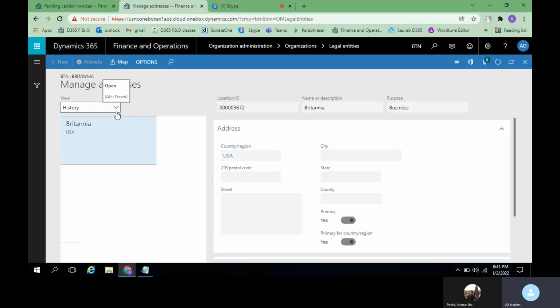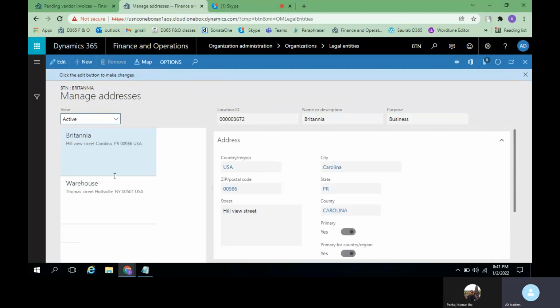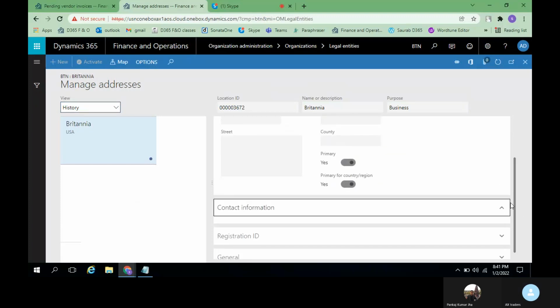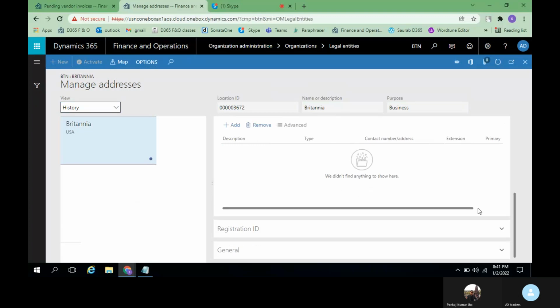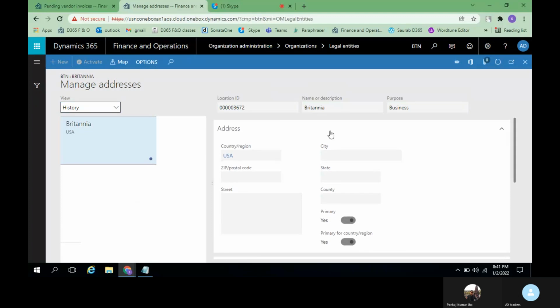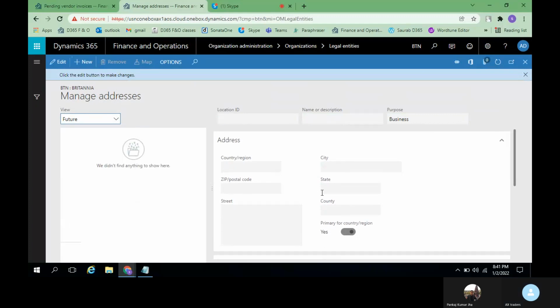See, these are the active addresses. These two addresses are active addresses, and then this is history. Under active, it is showing both the addresses. Maybe under history and future it is not showing any details.